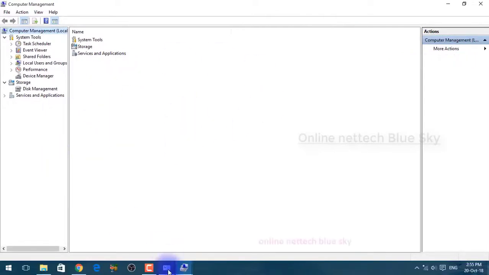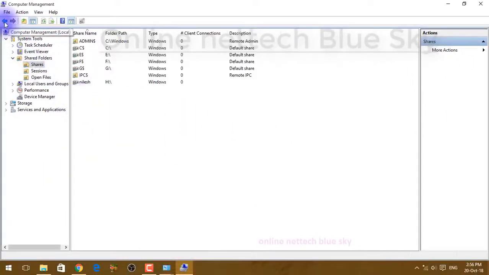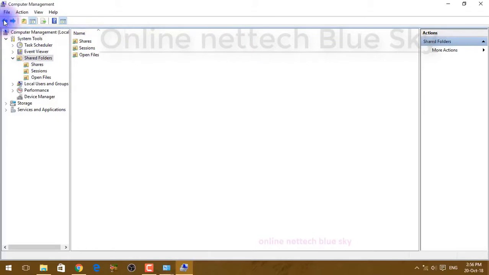You can control your files, you can add files, you can modify files, you can copy files.